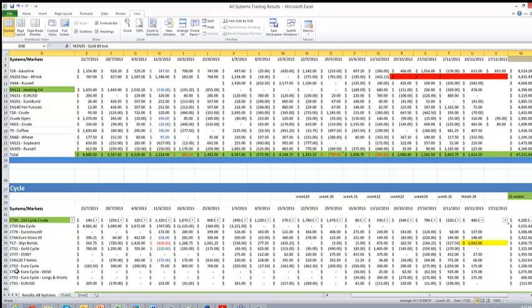So if you want to keep an eye on the All Systems Results tab, and there's something you want to have a look at, definitely jump into Dropbox. Hopefully this was a good little update for you, and gave you something to think about as far as system development. Remember, the Trello board is up. I'm usually putting notes or updates in there regularly, so keep track of that as well. There'll be a few videos getting posted in Kajabi. There's a couple of videos there that go through the CT50, the cycle trader as well.